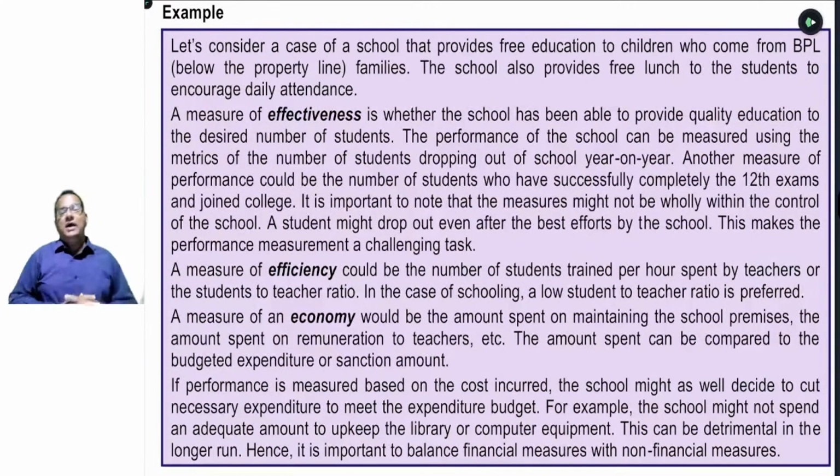Regarding the economy efficiency, it means whether we have made the optimum utilization of our resources. And for a school, the best measure will be the student and teacher ratio. For a teacher, the best ratio will be 20 students for the primary segment teaching. For the senior segment teaching, it can be near about 50 to 100 students, whether you utilize that one.